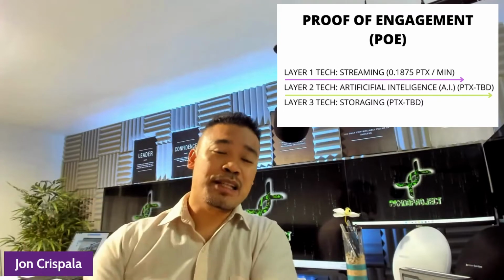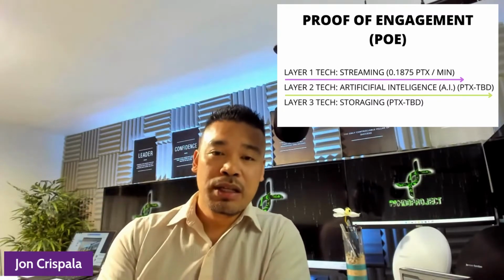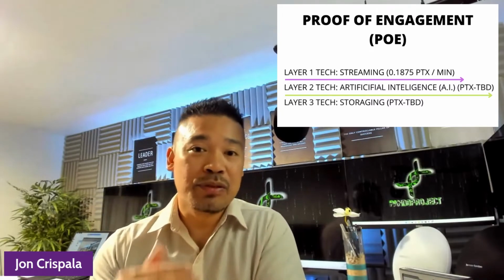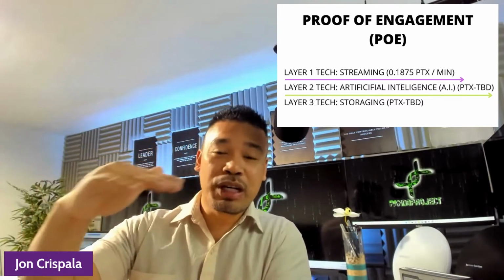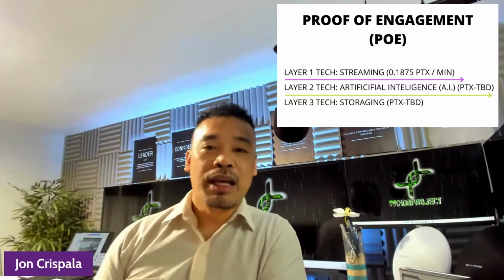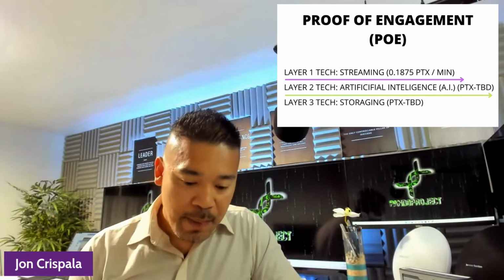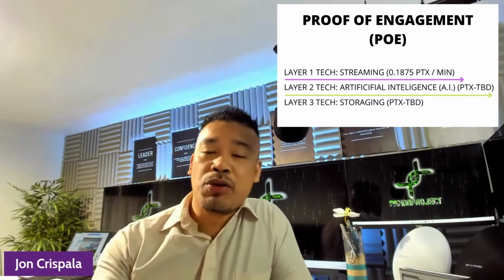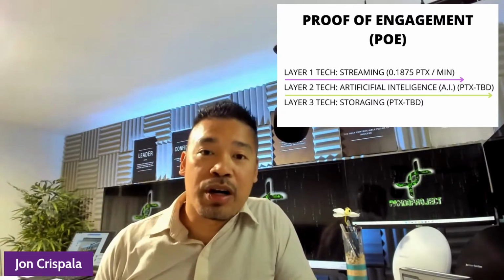So you've just added another layer of earning potential when it comes to the PoE, and so on and so forth, right? We're going to have multiple layers. In order to host everything with all of this data transferring within our blockchain,